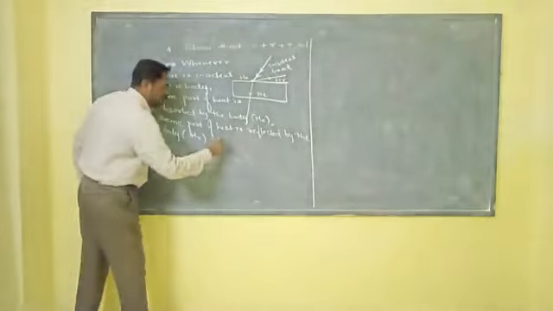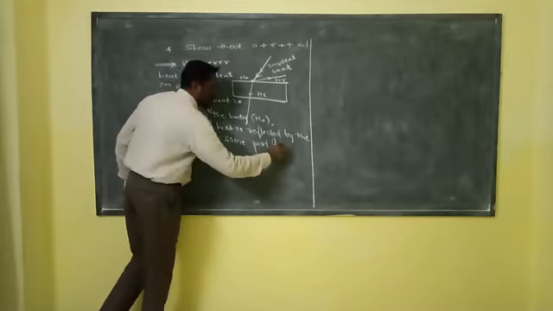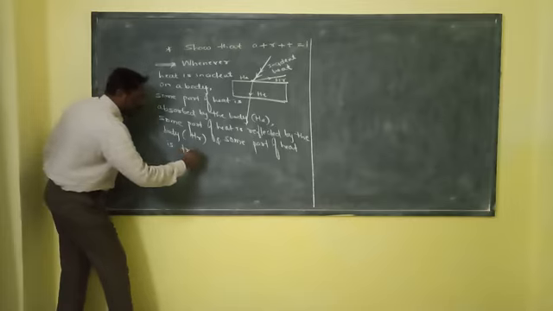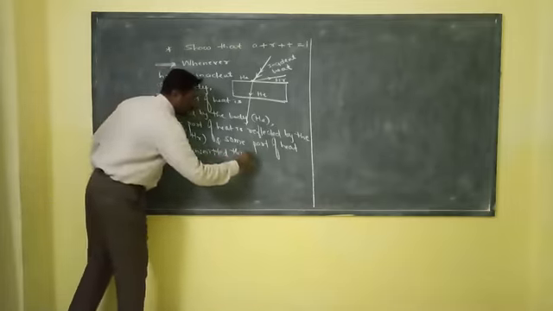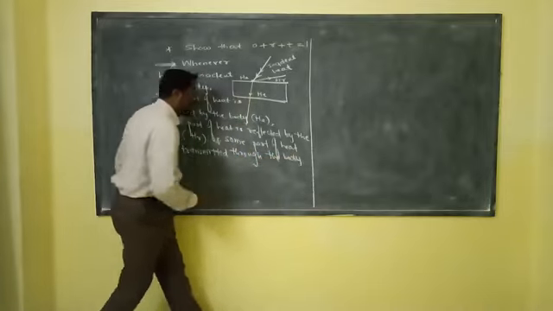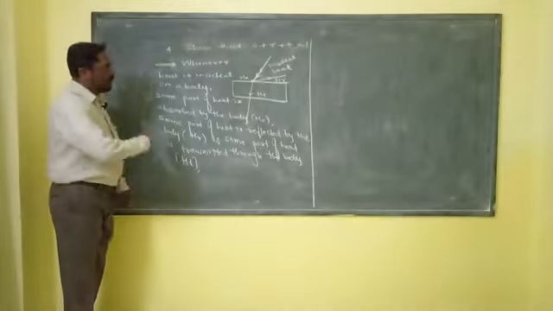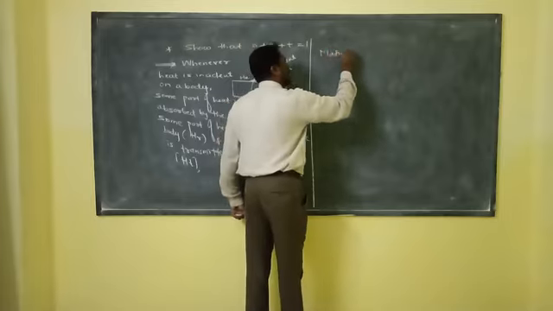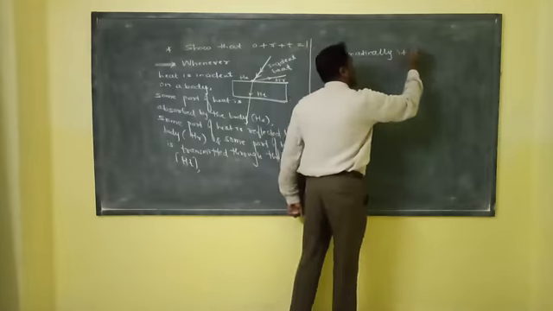Again, what happens? And some part of heat is transmitted through the body, and that is represented by the factor HT. Mathematically, from the above explanation, we can write it as